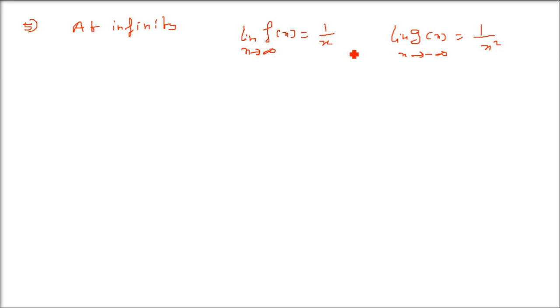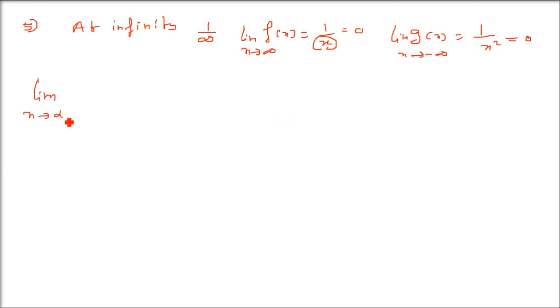So when we have this huge value, 1 by x, 1 by infinite value will be 0, because if you divide anything by a very infinite number, it will give you 0. So 1 by x square, or whatever is in the denominator, if the denominator is infinite, the result will always come as 0. This is the logic which we have to use in this solution.